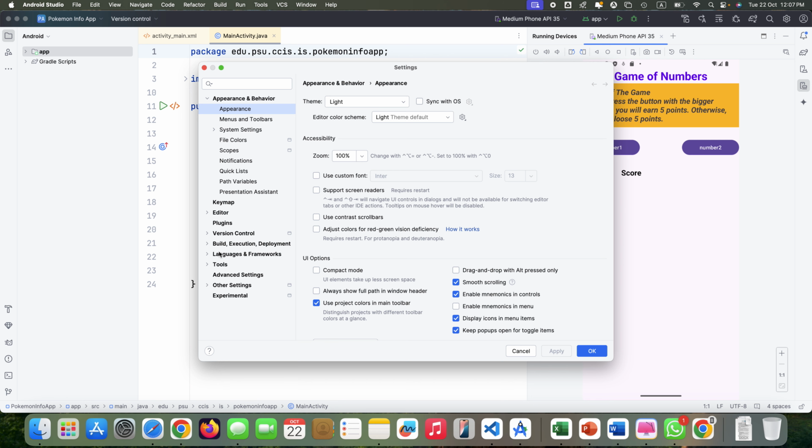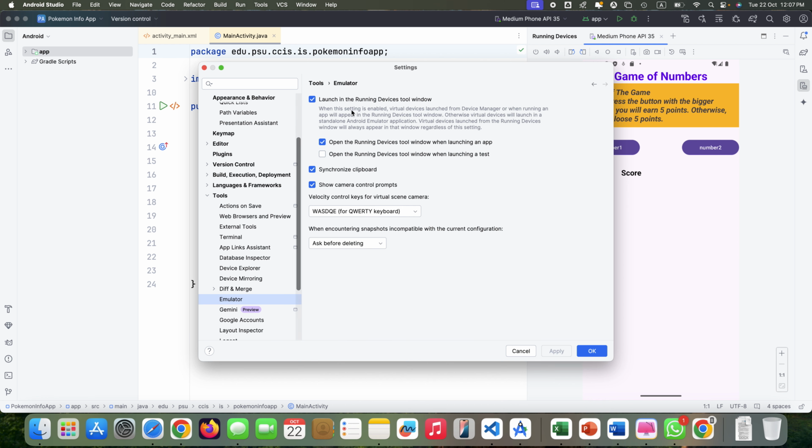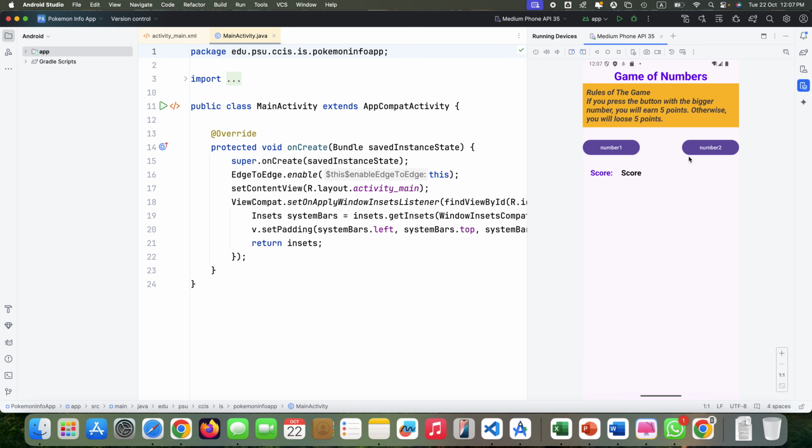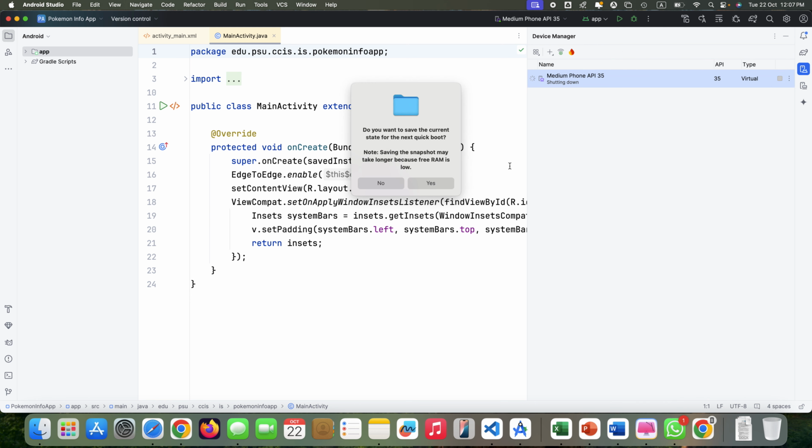We can detach it from the running devices tool window. Rather than using it in the tool window, we can click OK, and then if we just try to stop it,